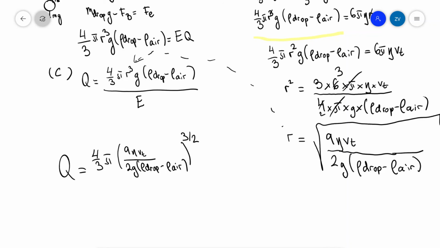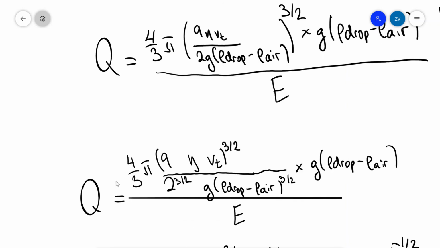And so this is simply our r cubed, and then we're going to multiply this by g, and then by the density of the drop, take away the density of the air. And what we need to do finally is just to divide by E. Notice that at this stage we've already successfully answered the question. We have an equation for Q which is not in terms of the radius,